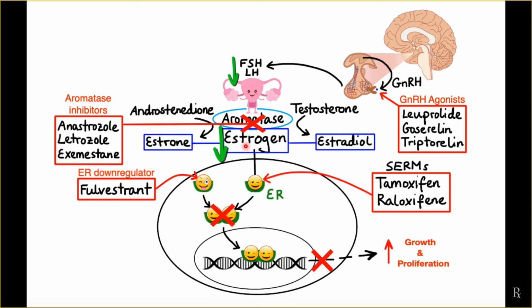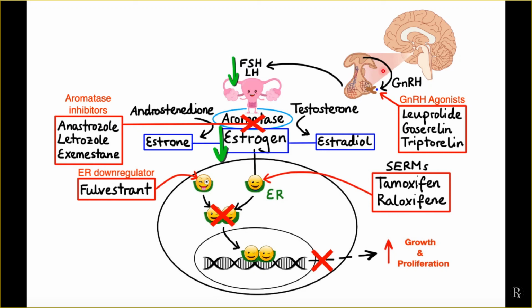So that is why by blocking the production of the estrogen or influence of the estrogen, we can reduce the growth of the cancer. And there are different ways we can do that. So first of all, we can influence by the pituitary and hypothalamus, because the production of the estrogens is controlled by the pituitary and hypothalamus,